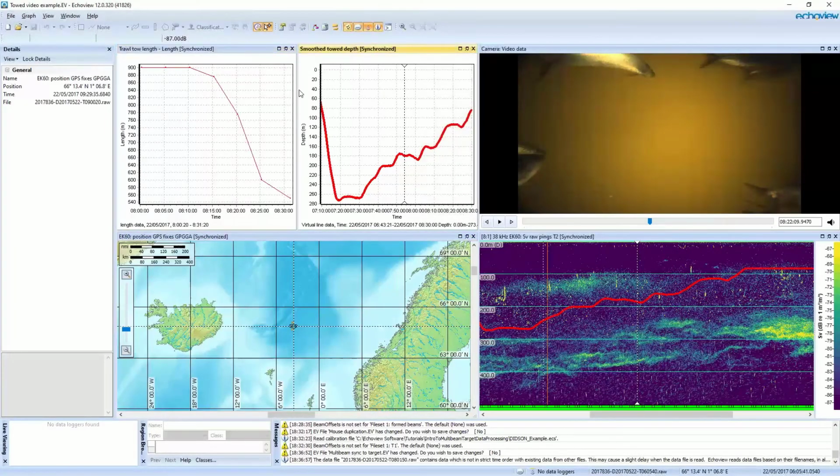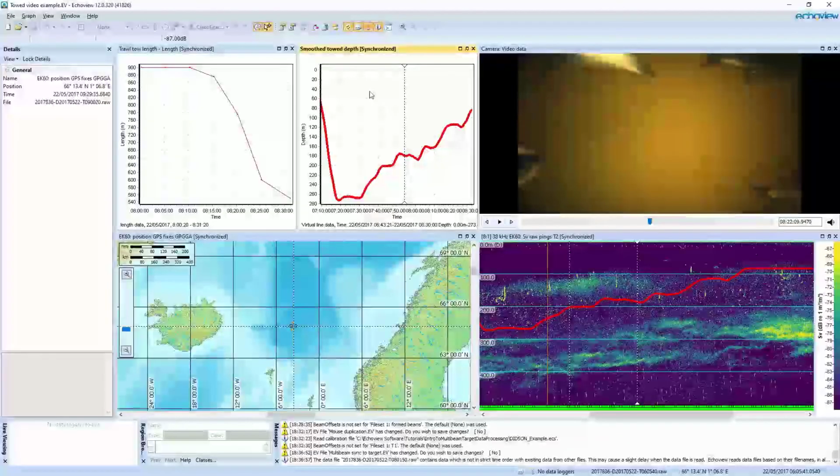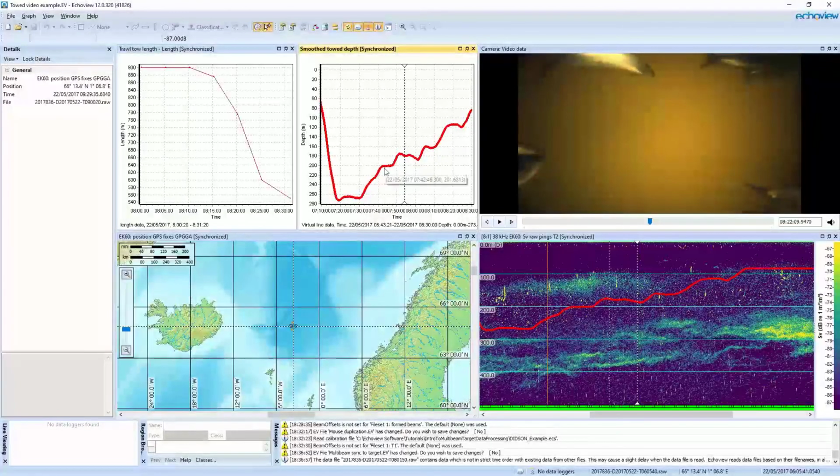And I've got two particular metrics about the towed camera. So the first is length. So this is the distance from the vessel to the trawl camera, the length of the line. I actually don't have the correct measurements for this data set, so I've just made up some values, but you could have this information, or you could set a generic distance. I've also got the true depth of this particular data set that's been extracted from the deep vision recordings, so we know how deep in the water column it is.